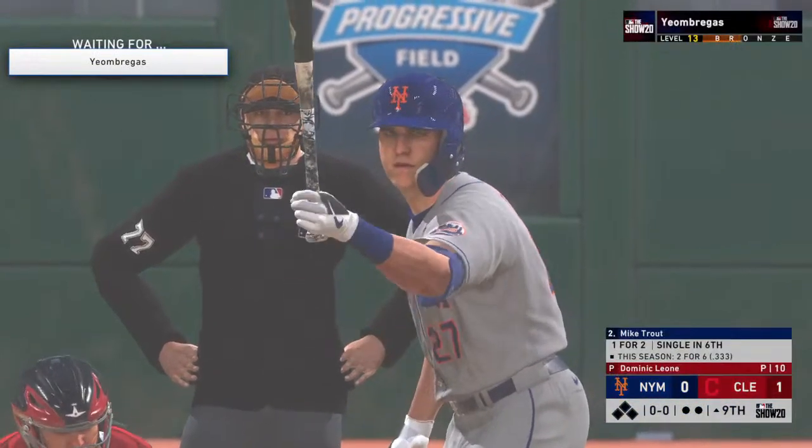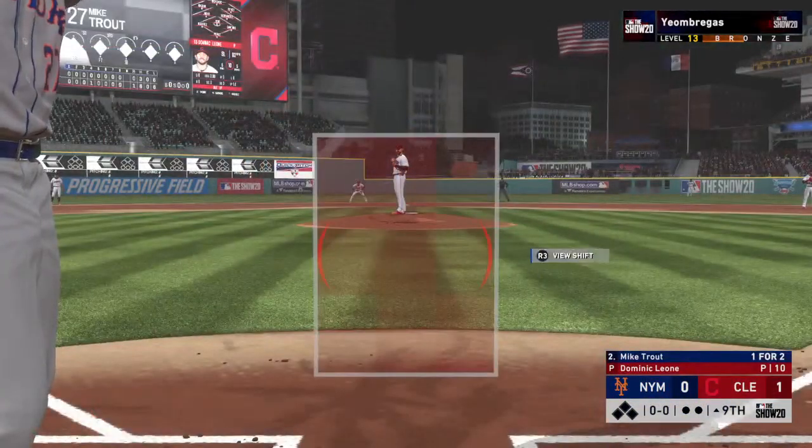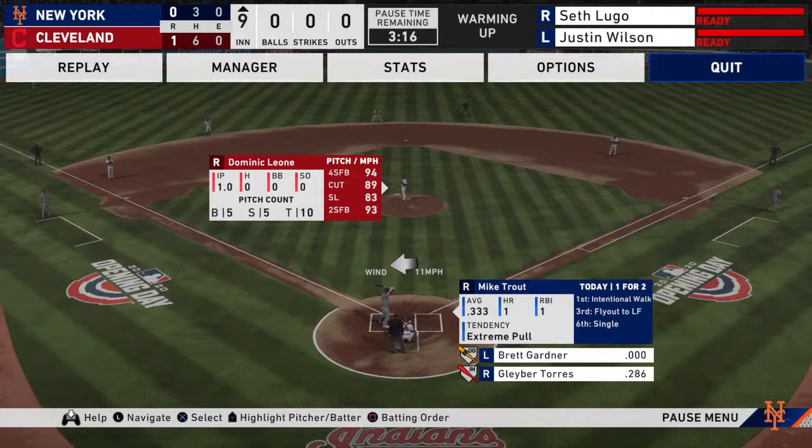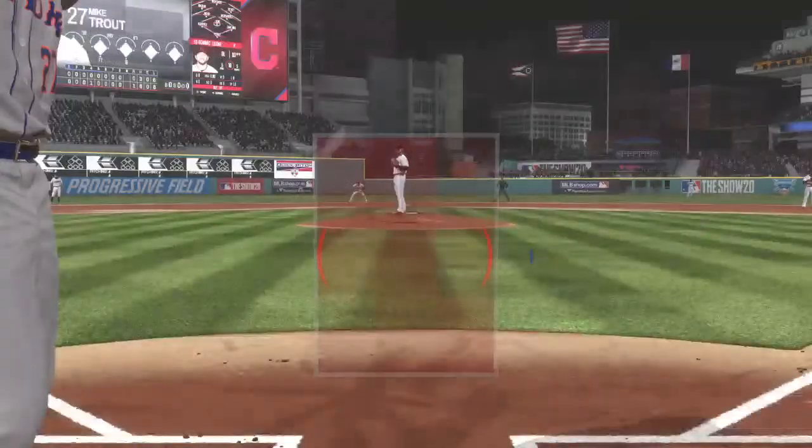All set for the start of the inning. Stepping in, Mike Trout. And as you might expect, with a diamond player, he's got a